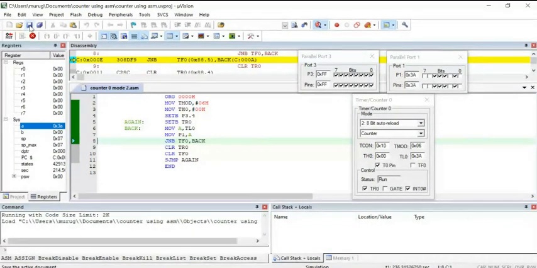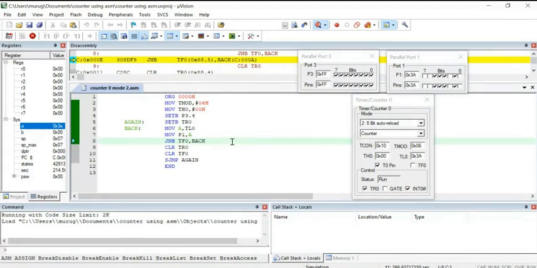So any doubt in this particular one? The programs I explained in the morning, and today also I explained. This is mode 2. Remember this. Okay.